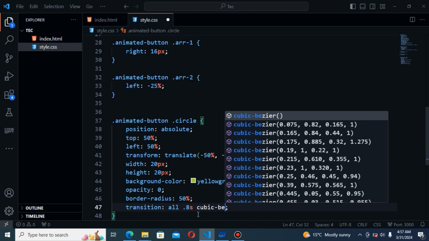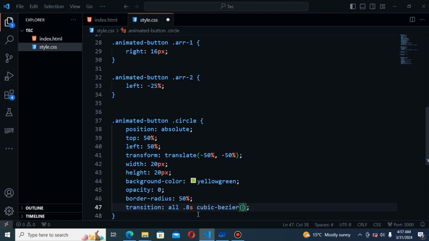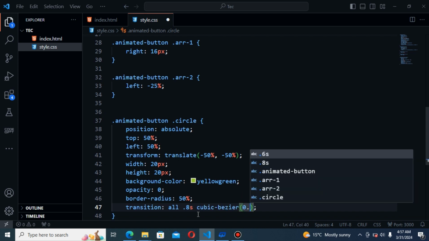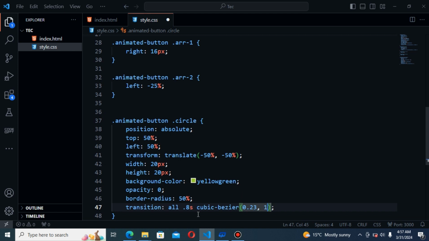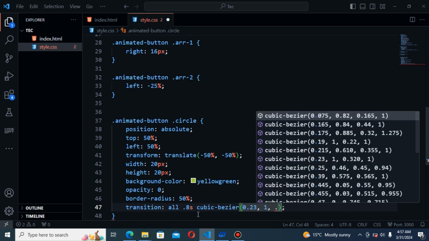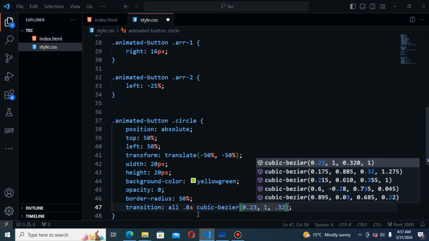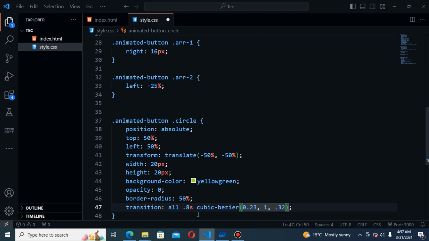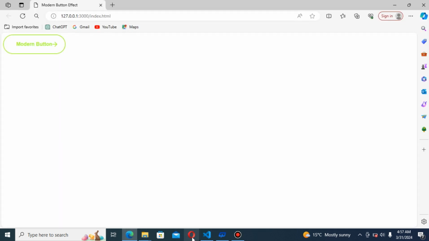Cubic Bezier, it will be 0, 0.131, and 0.32. That's it. No suggestion here. I think it's one. Now going to the browser again, as you can see,